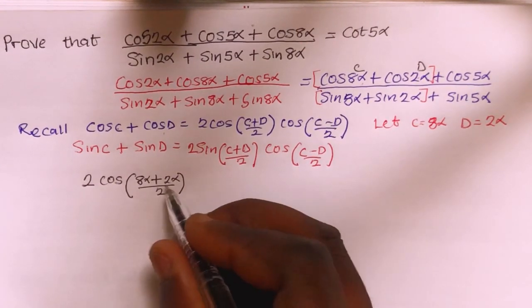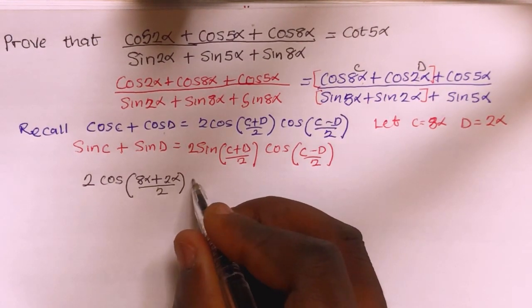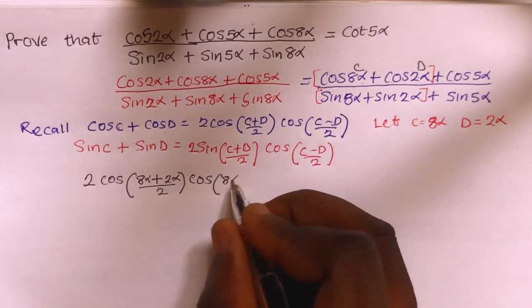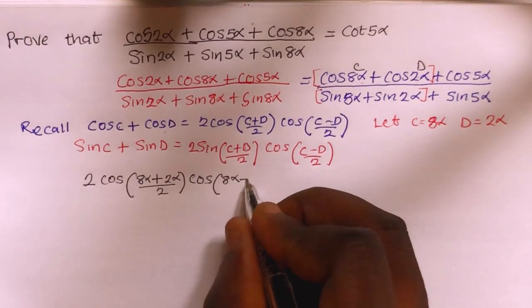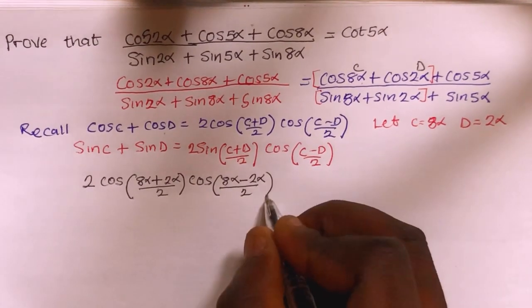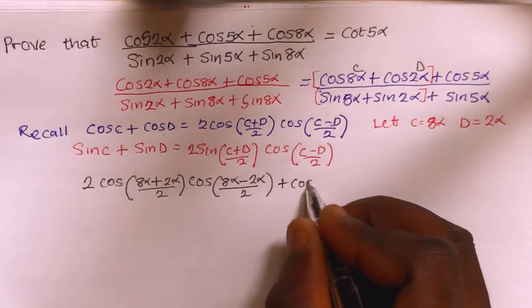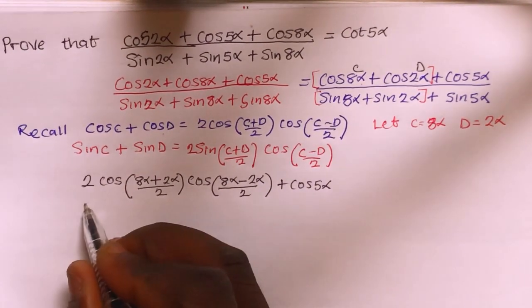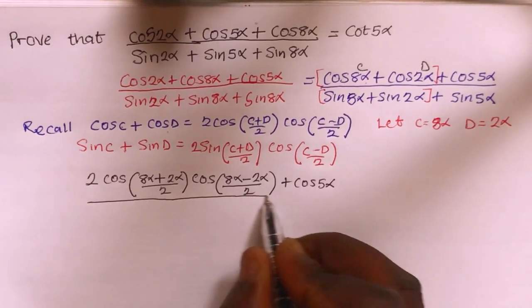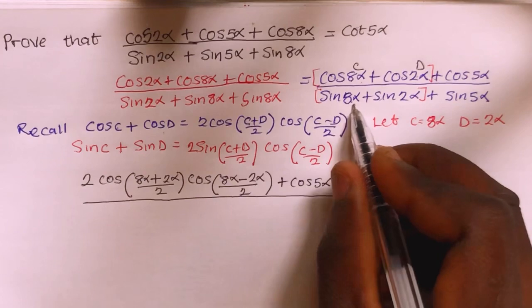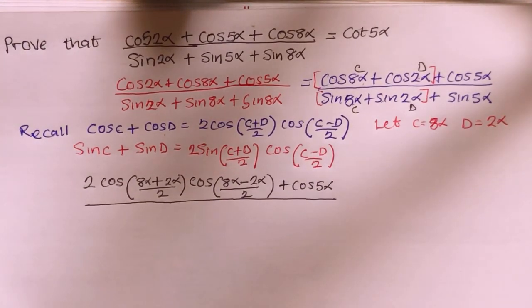You have it 2 cos, 8 plus this. You have cos into bracket again, 8 alpha minus what? What's your D? 2 alpha divided by 2. Then half plus cos 5 alpha here. Then all divided by the same thing, which is applicable to this. Your C is this and your D is this. You have it to be